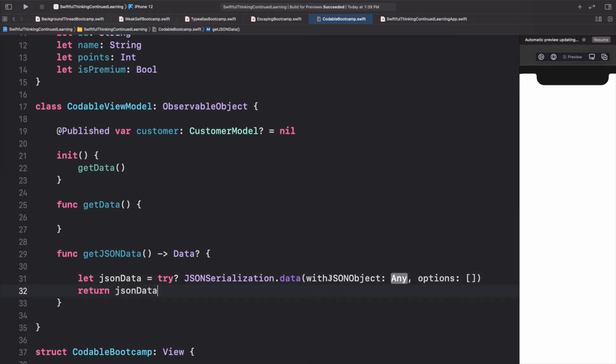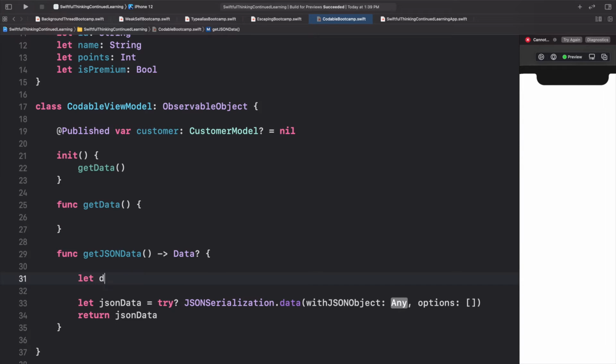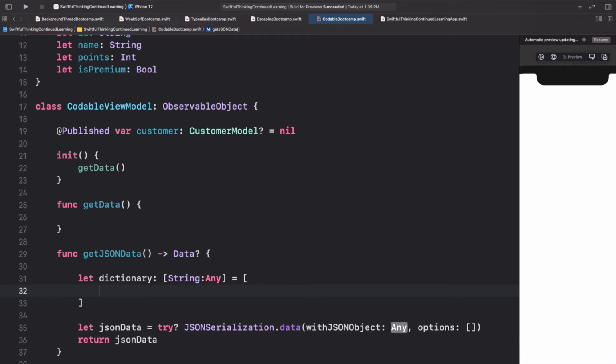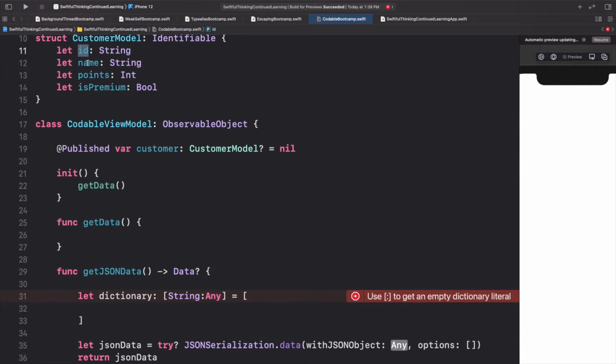Alright, and the last thing we need is an actual JSON object that we will convert into JSON data. So to do that, we're going to create a dictionary. We're going to say let dictionary of type dictionary of string : any, and set it equal to, using the exact same names that we put up in our model. So we'll do ID : and this also needs to be a string, so we'll just make it 12345,